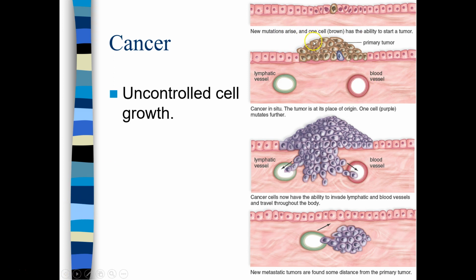Now this is the primary tumor. And now these cells are going to accumulate different mutations over time. The tumor originally, the type of cell that it was derived from, let's say it's a skin cell. Skin cells are set up to survive in a very particular environment. They're set up to be exposed to the air. Like neurons, your neurons really don't want to be exposed to the air. They die. So the skin cells tend to exist, or tumors tend to exist, in the type of tissue that